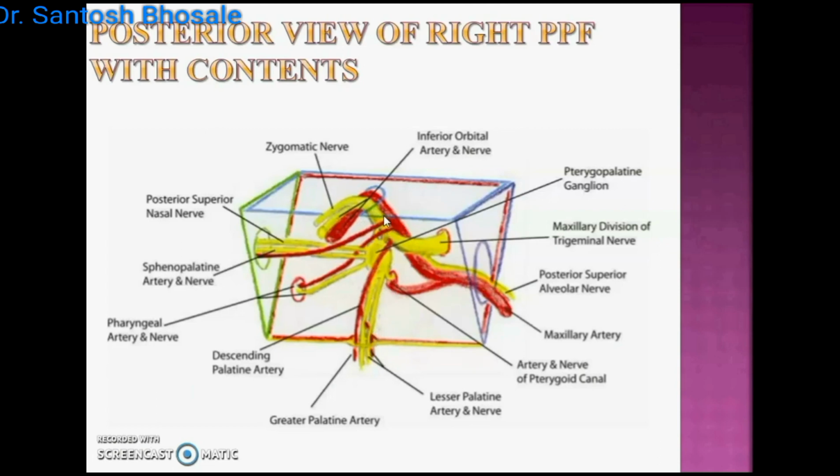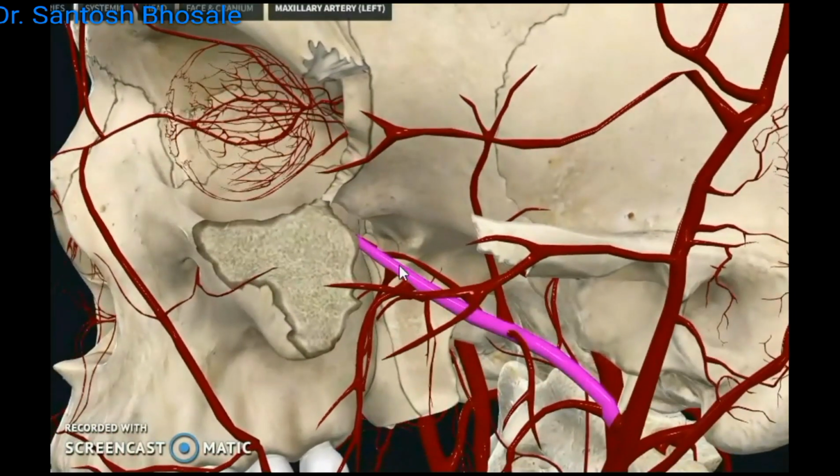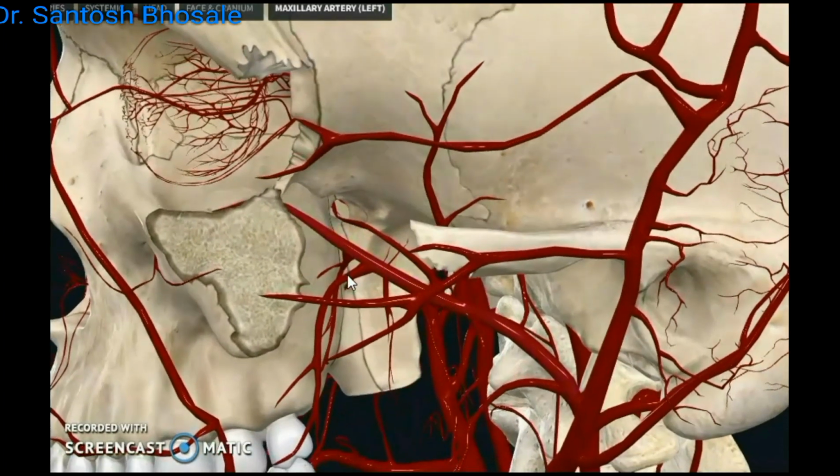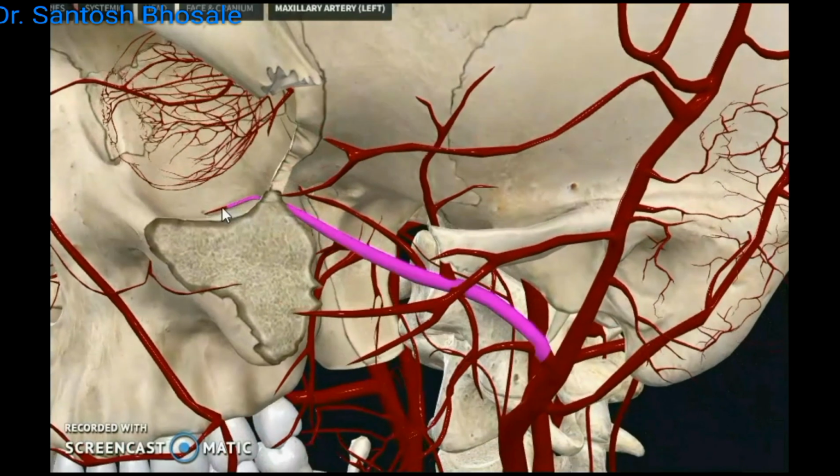This is the maxillary nerve with the branches of the pterygopalatine ganglion, and they exit this fossa by numerous foramina. There are numerous communications to this very small fossa. That's why it is clinically significant. You can see the third part of the maxillary artery there. It is entering the area between the maxilla and pterygoid plate, giving the branches. You can see that is the sphenopalatine artery passing through the sphenopalatine foramen and reaching the lateral wall of the nasal cavity, supplying the lateral wall of the nose.